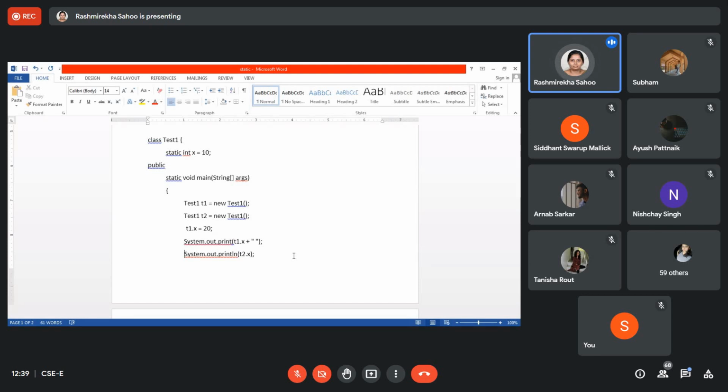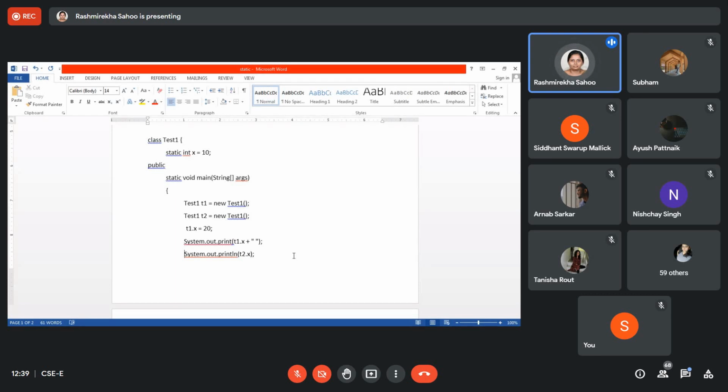Okay, now do one simple program on the static example I have shown you. Take a student class with registration number, name and college as data members, and make college the static member.